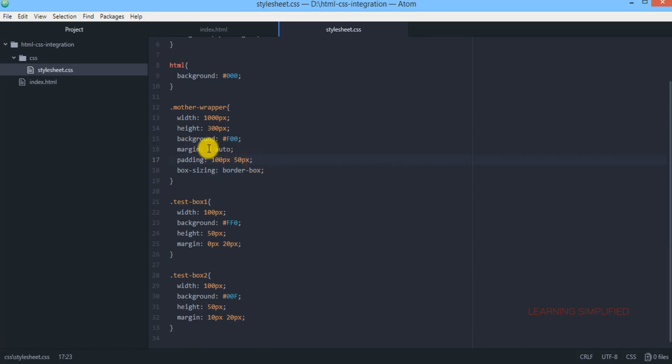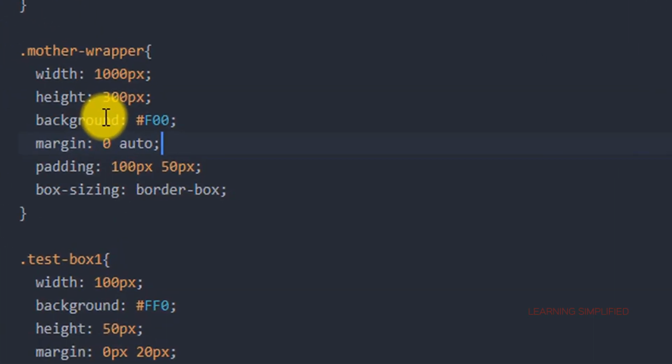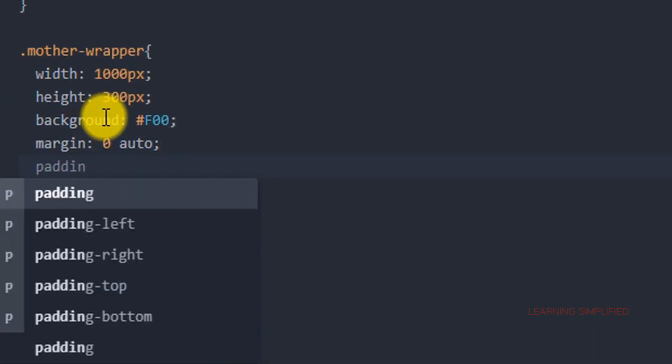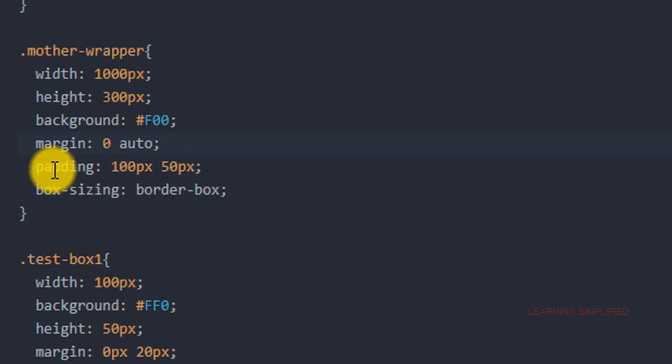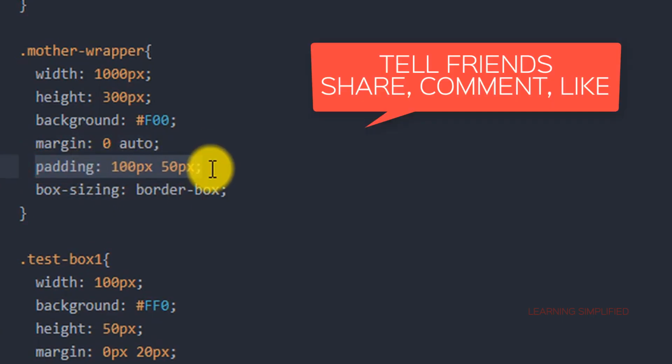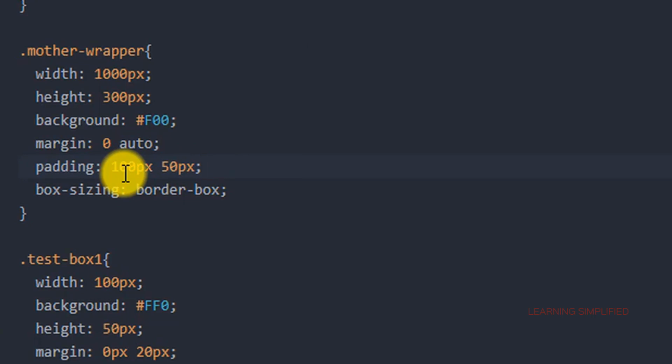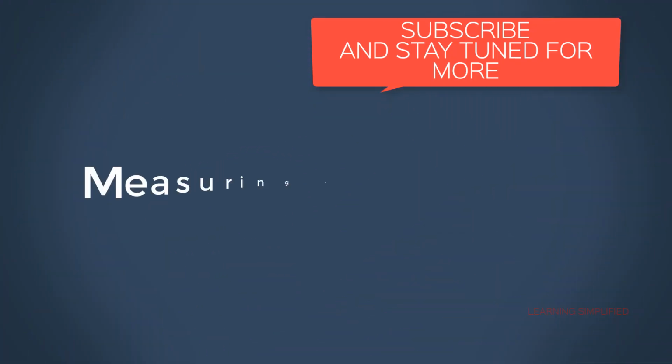There's no such thing as zero auto. If you want to make your contents vertically descend down, then there's an alternative way to do it, but you cannot provide here anything such as this one. This value is not permitted in case of a padding element. So this is the thing you need to take care of. You cannot provide any padding zero auto condition. Instead, all you need to do is calculate your values in such a manner that your contents lie in the exact vertical middle position of your container.